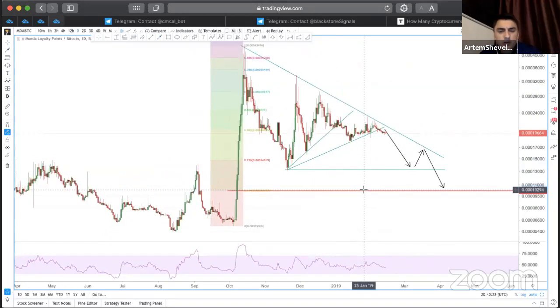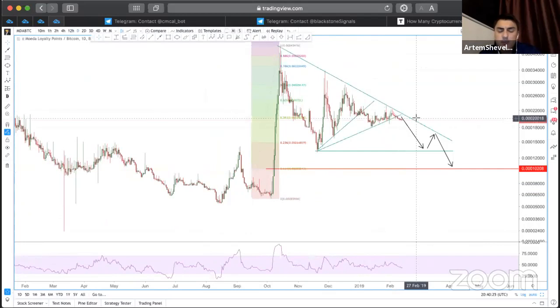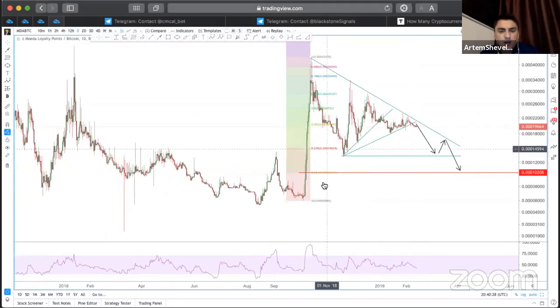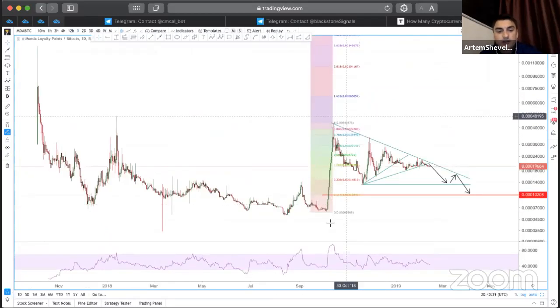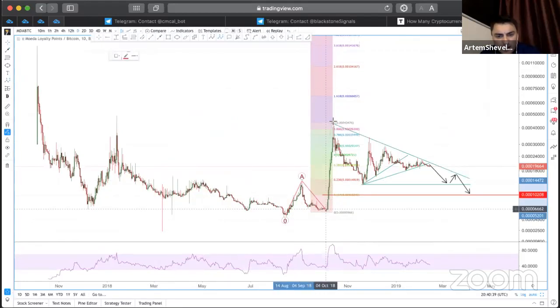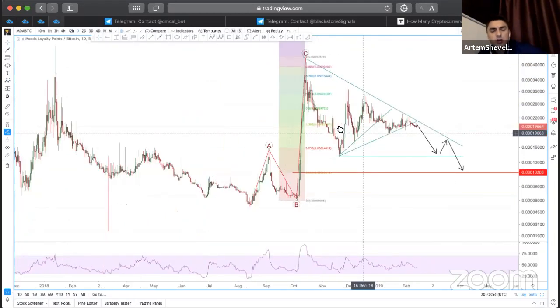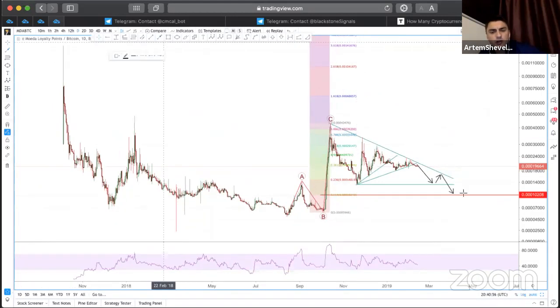So I don't believe this coin is going up. If I'm mistaken, okay, but I don't think this is going up because this pump was not normal. If you check, this looks like an ABC zigzag. You see this ABC leg, and after ABC we need an impulse, an impulse down. So maybe it will eventually go to another low.